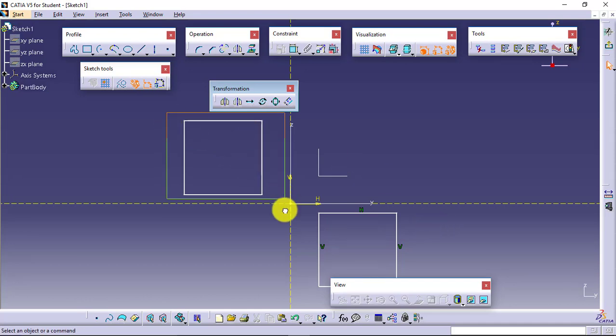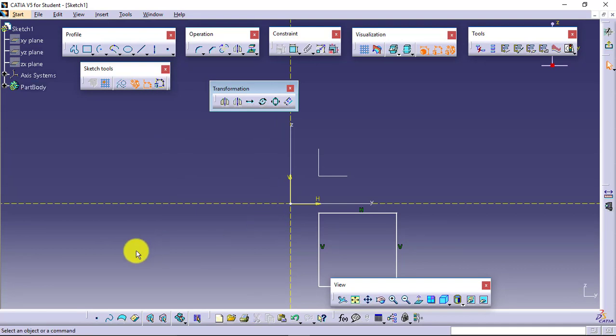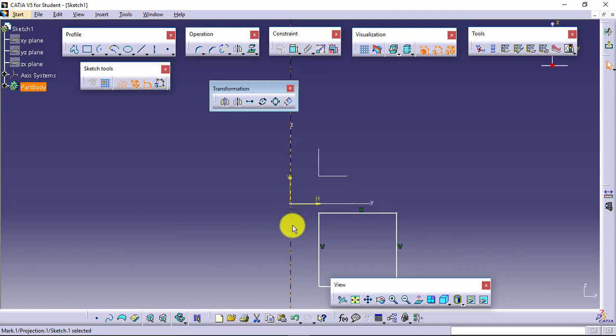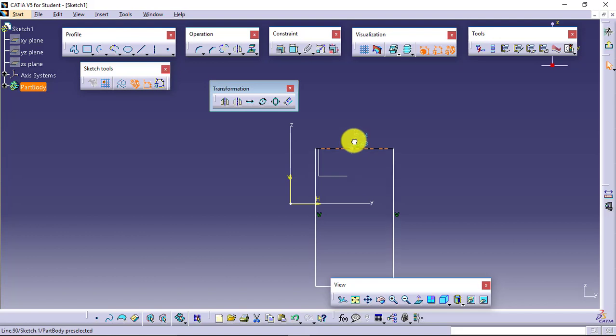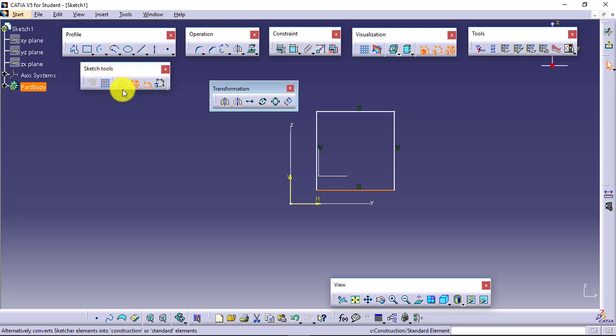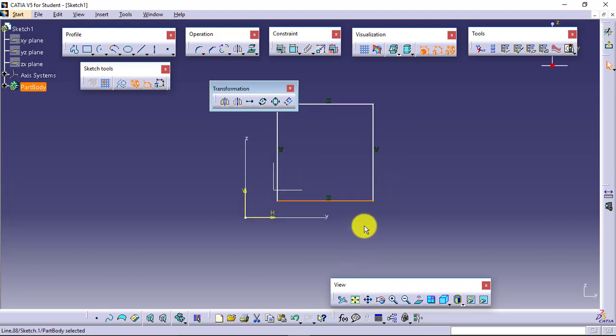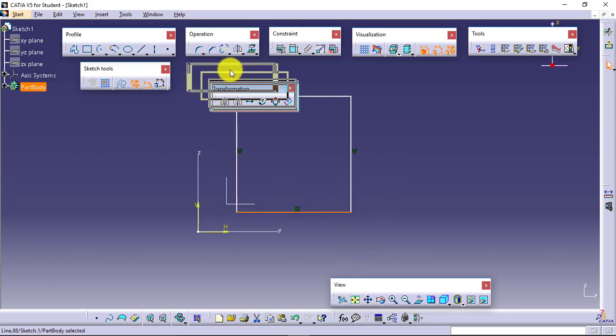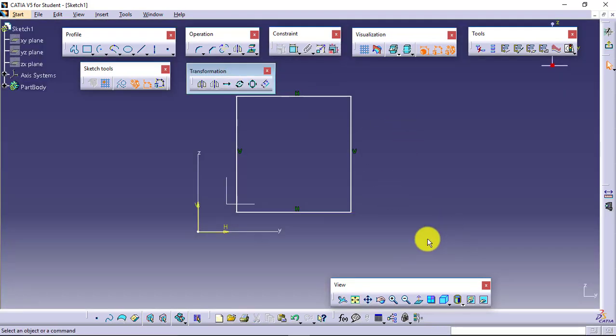Next is the transformation. One more thing, remember that whenever you are going for mirror or symmetry, it is not compulsory that you only select the axes. You can create your reference line or axis line from this, or you can convert an object line into a reference line. You can select that as well for reference for mirror or symmetry. Next I want the transformation. Again I will select the object and I will say translate.